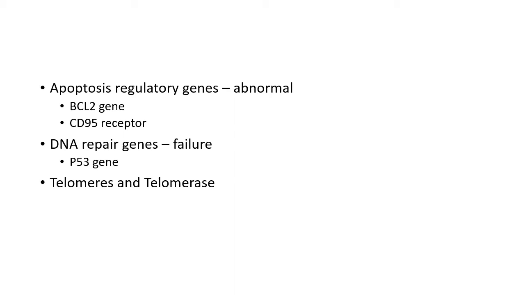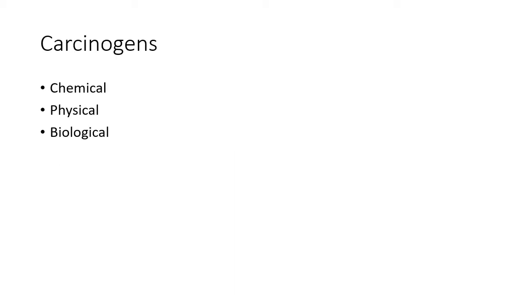The point here is, in cancerous cells, this telomerase is upregulated so that the cancerous cells achieve immortality. We will leave that section there and we will move on to our next section, that is carcinogens. Carcinogenesis is the mechanism by which cancer occurs, and carcinogens are the causative agents which cause that cancer. These causative agents or carcinogens are grouped under three categories: chemical carcinogens, physical carcinogens, and biological carcinogens.